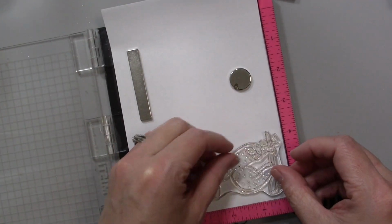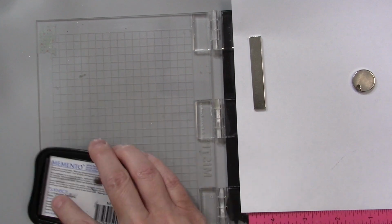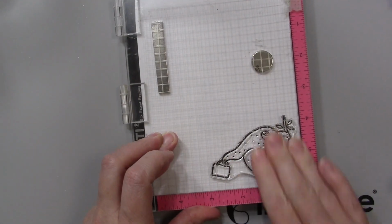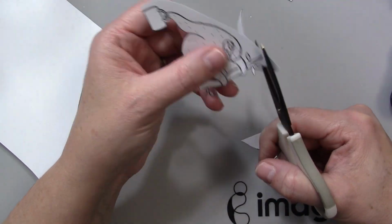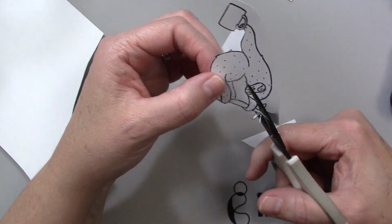And I'm going to go ahead and stamp the sloth again, but this time on top of my masking paper. And I'm just using my Memento Tuxedo Black ink again. The reason I chose Tuxedo Black Memento ink was because I color the sloth in Copics. So I want to make sure that my Copics are safe, and Memento ink is very safe with the Copic